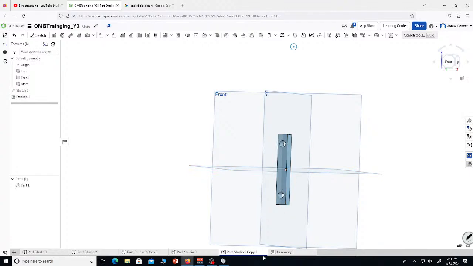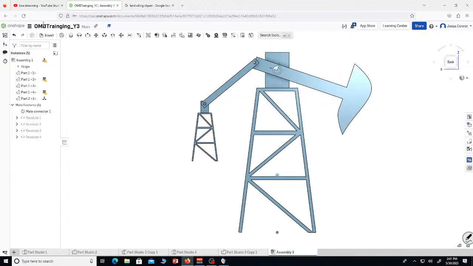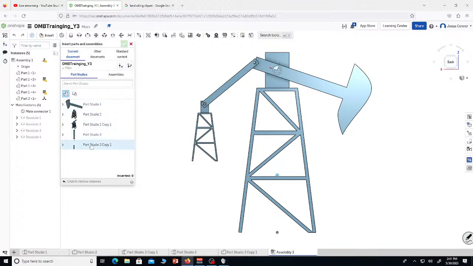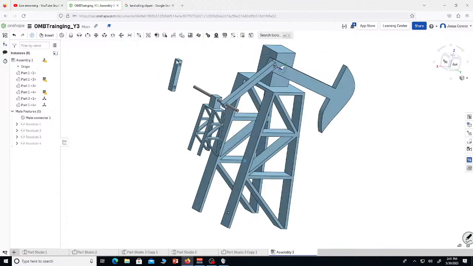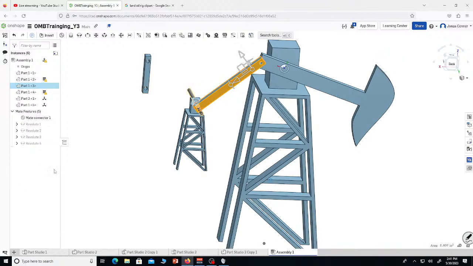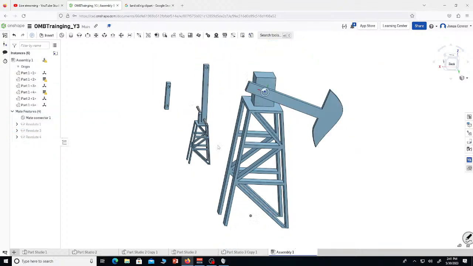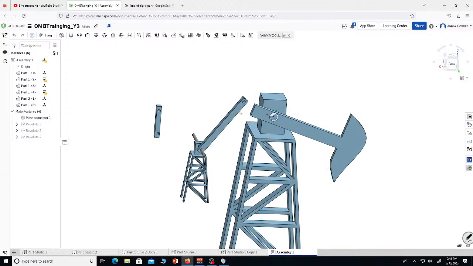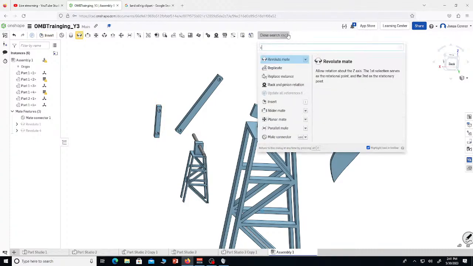Boom. So now we've got another beam right there that we can use. We will insert this, which we just made. And then this right here, we'll get rid of this revolute mate here that attaches these two. And then we'll get rid of the revolute mate that attaches these two. Now I can move this freely. And then we'll do revolute